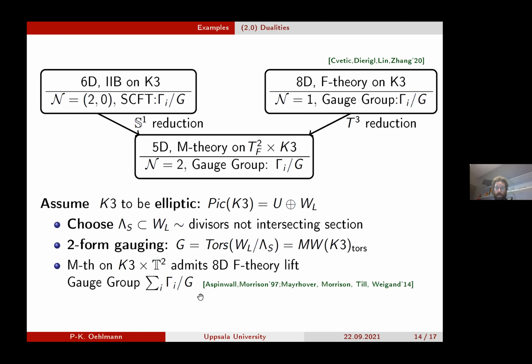non-simply connected gauge group. And that this is precisely the case, of course, has been shown by Aspinwall and Morrison many years ago, and that these theories are actually consistent, so that this non-simply connected gauge one-form symmetry in 8D is consistent, and therefore also the 5D version has been shown very recently by Miriam, Marcus, and Ling and Hao. So very good. So this is very strong evidence that the two-form symmetry in 5D is consistent, because it can come from an 8D non-simply connected gauge group, but at the same time it also comes from a gauge two-form symmetry when I'm lifting to this other fibration, essentially, or to this other